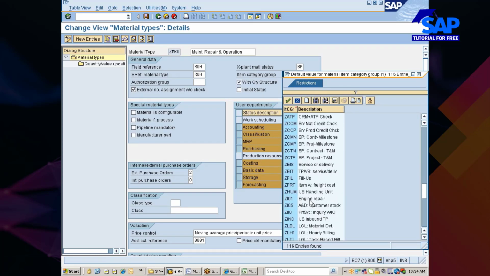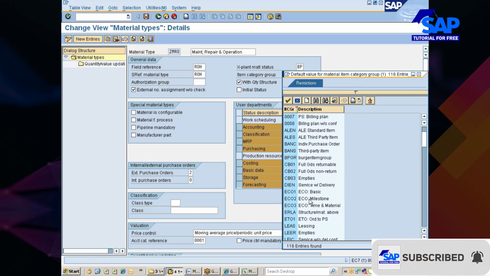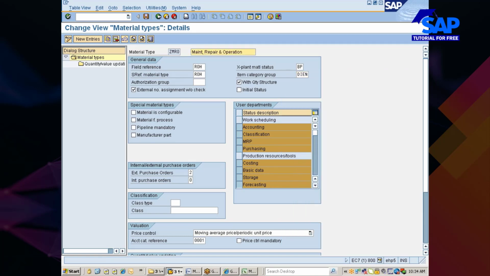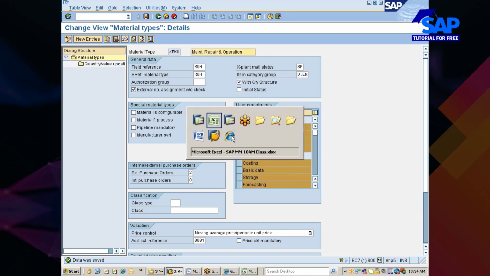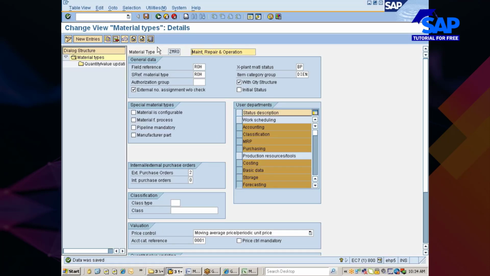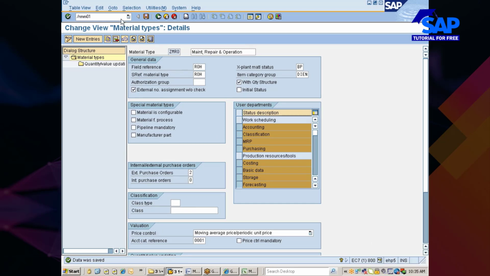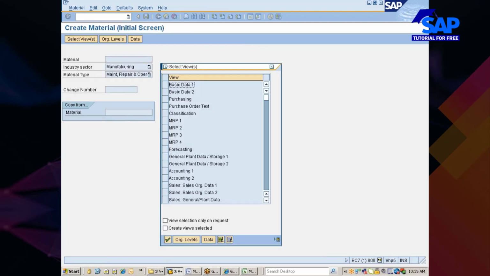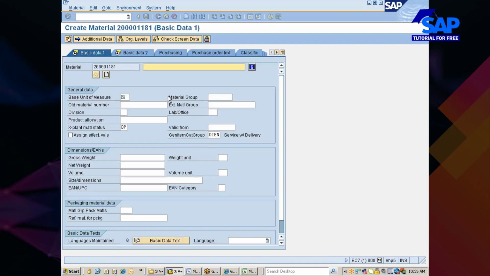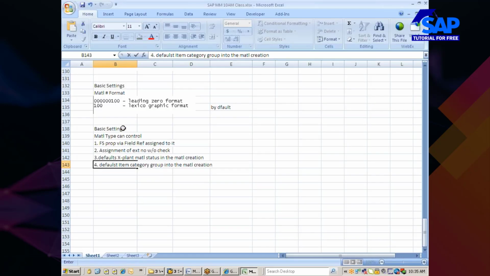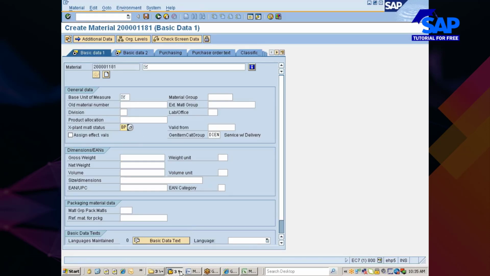You see here there are lots of item category groups. So based on whatever you want to choose, for example DIEN, just say enter, save. Now if you see here, /n mm01, enter, go with basic data 1 2, you see here general item category group DIEN, X-plant material status is BP. So you can default those things. Next one.